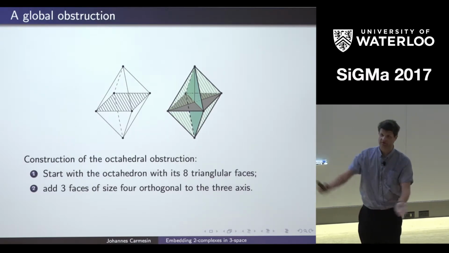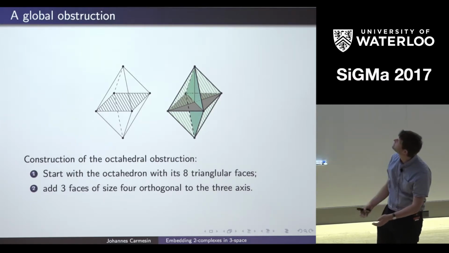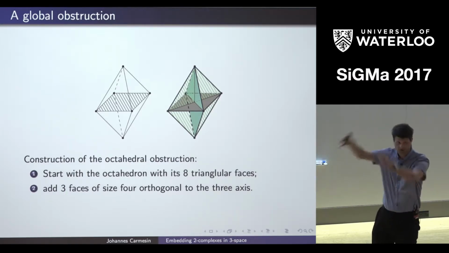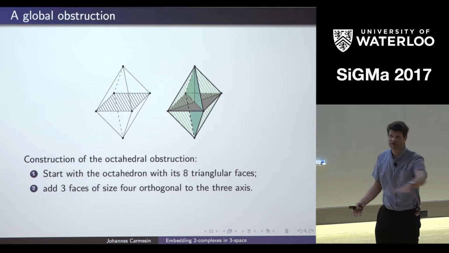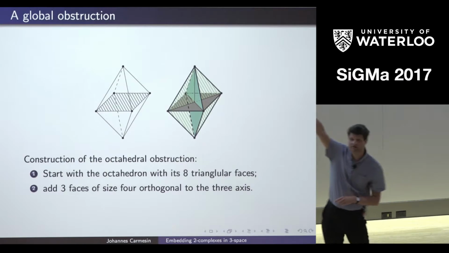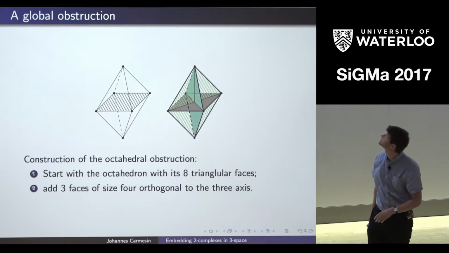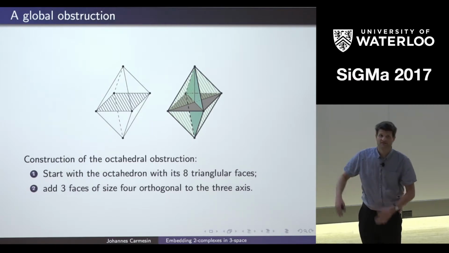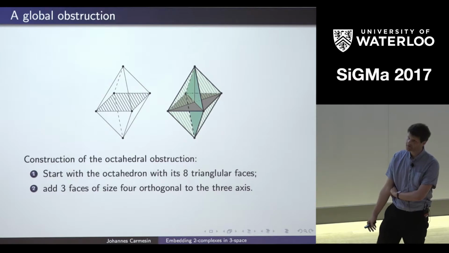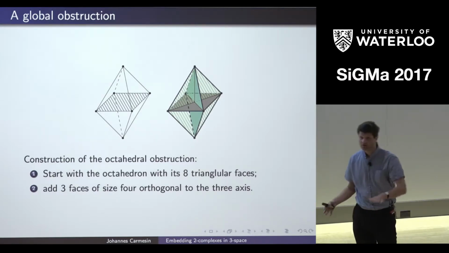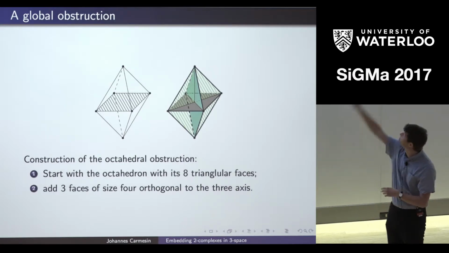So if we just have the octahedron, there's just some embedding drawn on the right-hand side. If you just have the octahedron with the 8 triangular faces. And if we add 1 more face, we can just embed it on the inside. And this you see on the right-hand side, an embedding of the octahedron with 1 more face. And now if we add a second face, we can add it on the outside of the octahedron. But as it turns out, if you want to add all 3 faces at the same time, then this is no longer possible. I mean, there's a picture on the right-hand side.